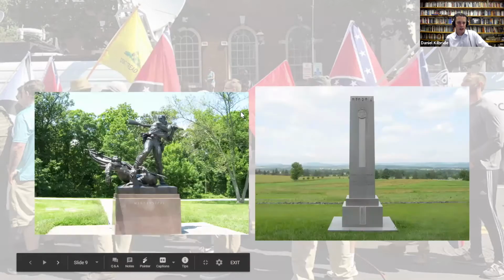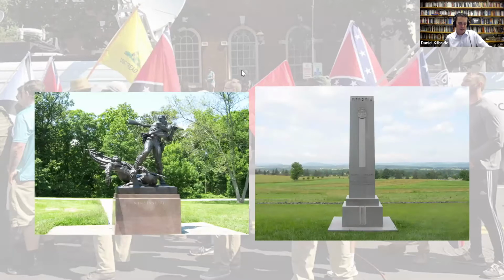Nope. There are also a lot of Confederate memorials at Gettysburg. And here are two from the battlefield in Gettysburg. And by the way, just a few numbers that I mentioned: there are 24 Confederate monuments in Kentucky. There are 13 in Missouri, another slave state that remained loyal to the Union. And I was fascinated by this statistic that I found. There are 9 Confederate memorials in West Virginia.